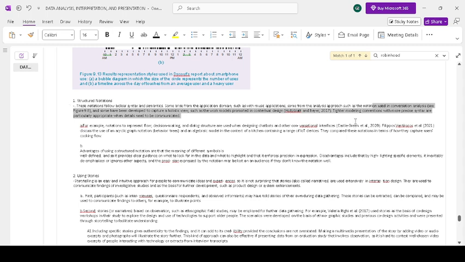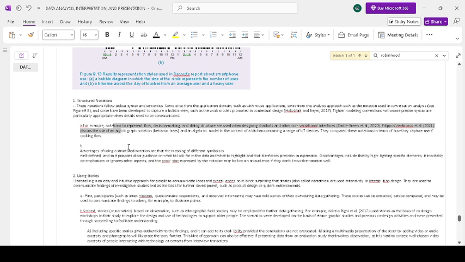Bayer 2017. Tighter modeling conventions with more precise syntax are particularly appropriate when details need to be communicated. For example, notations to represent flow, decision-making, and dialogue structure are used when designing chatbots. So, when designing chatbots, you're trying to get a dialogue structure and then to represent the flow for chatbots,